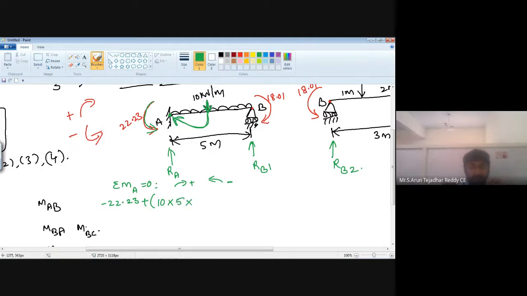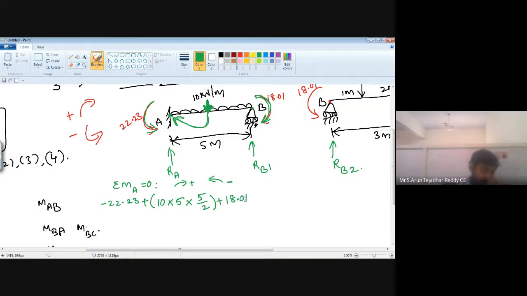When we are converting into a point load, then it is span by 2, 5 by 2. Okay. Now, at point B, one moment is acting, moving in a clockwise direction. So consider positive